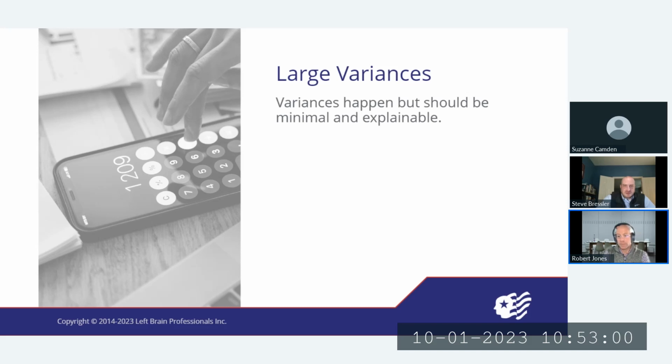There have been times where we've seen clients submit the incurred cost proposal with large variances, and guess what? DCAA is going to ask about it. We've seen, unfortunately, that we've had some small, truly immaterial variances, and DCAA has picked on it. Sometimes you can go through and you may not be able to reconcile the variance, meaning that you can't make it go away, but you know what the cause is. You've narrowed it down and you're like, okay, I know this variance is due to this. I don't have enough other information to fully reconcile the issue.